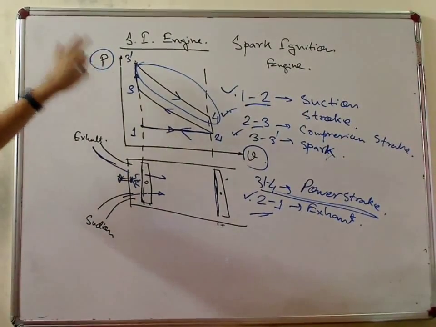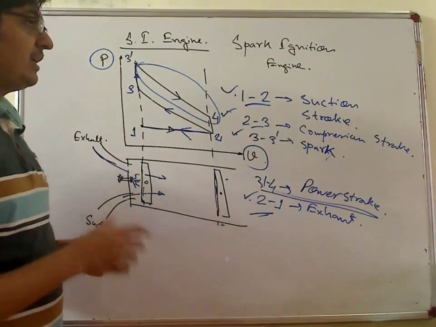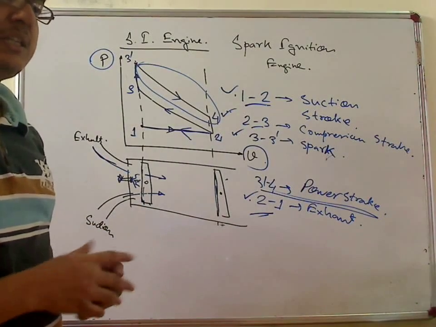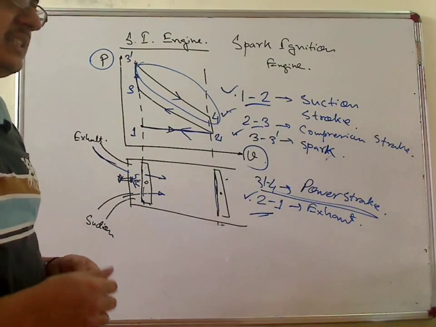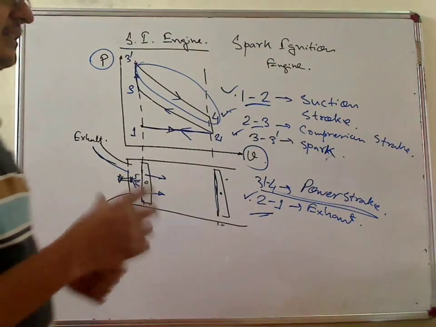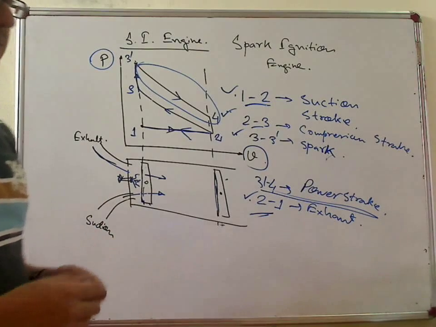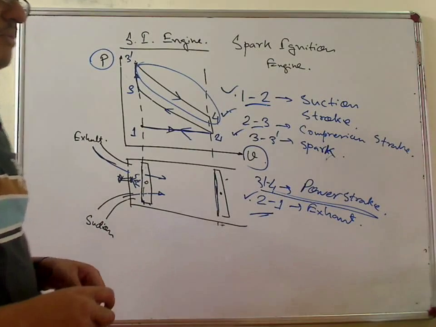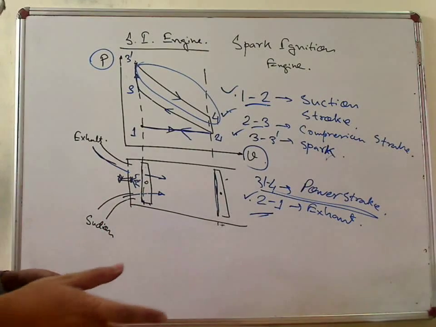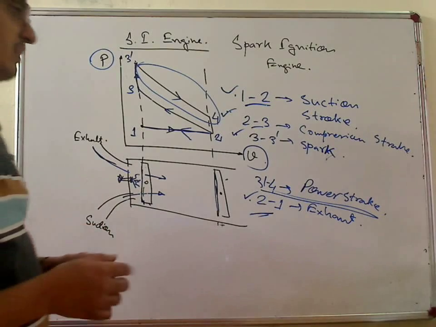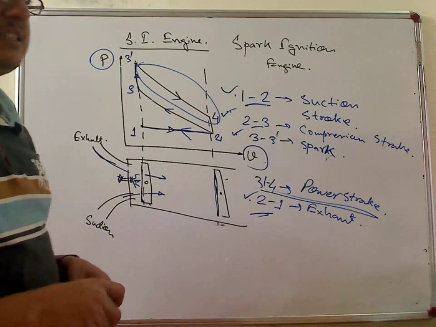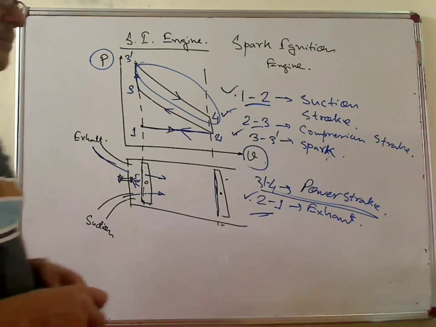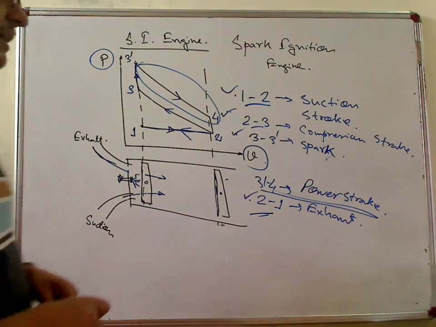So what is the main thing we have learned? First, what is the difference between the IC engine, the internal combustion engine, and the external combustion engine? In the IC engine, the combustion takes place in the cylinder, and in the external combustion engine, combustion takes place outside the engine. IC engines are generally used in automobiles and aircraft, like scooters and bikes, and the external combustion engine is basically the power plant engine, the Brayton cycle based engine, the gas turbine engine,